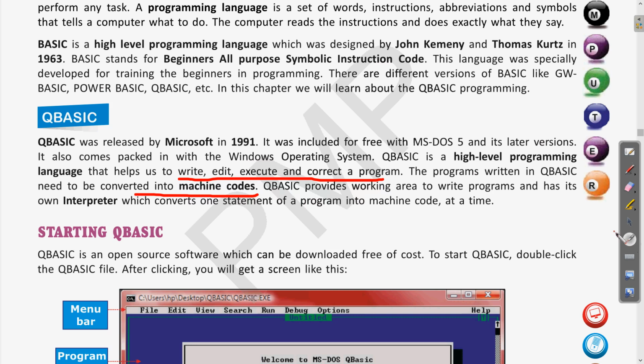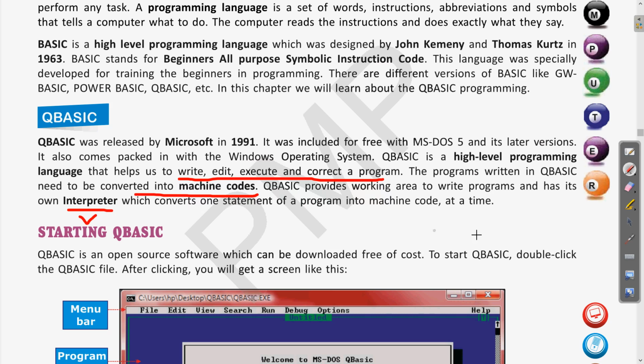Now QBasic provides a working area to write a program and has its own interpreter. Clear? What is an interpreter? It is a new term. When we are writing a program in QBasic, QBasic has an interpreter.